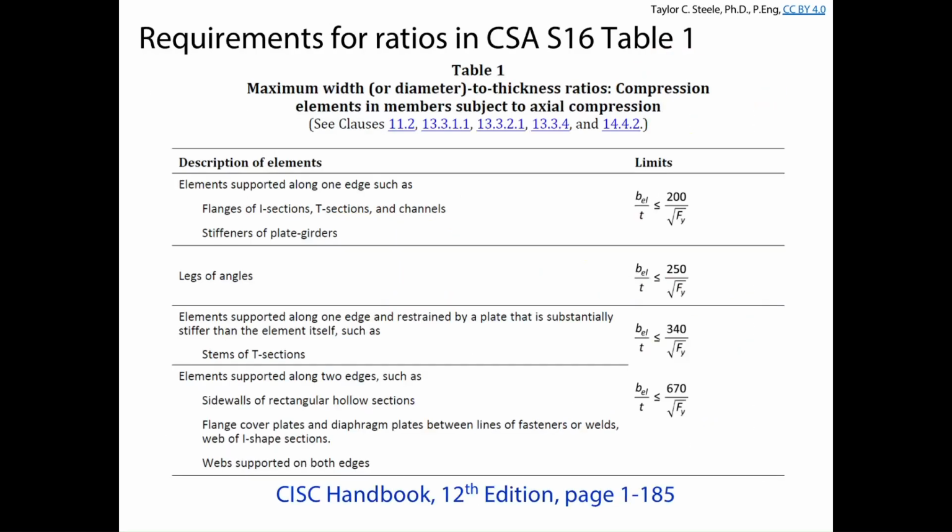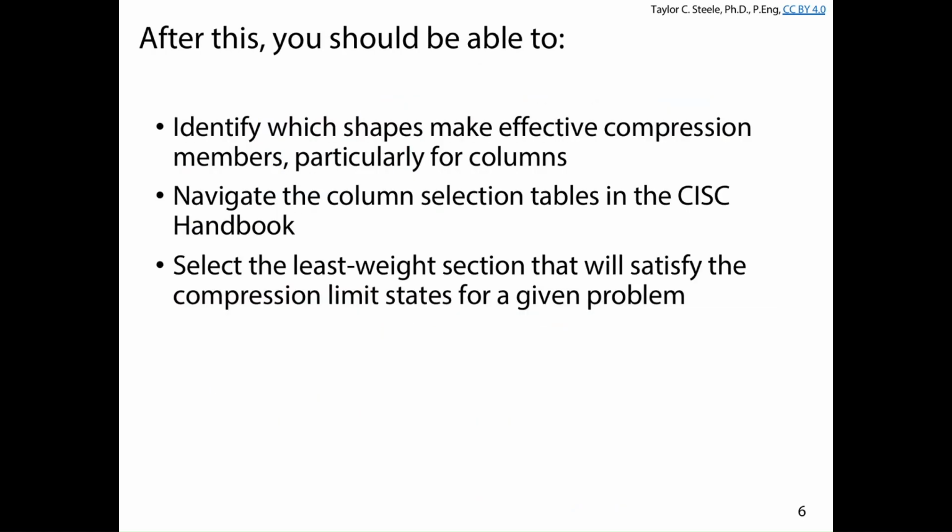The last thing we looked at were these table 1 requirements, and so for flanges of wide flange sections, webs of wide flange sections, or walls of HSS sections, we had width to thickness ratios for the plates in the cross section that had to meet certain limits. Otherwise, we had to start reducing the effective area in compression, and we talked about how to do that calculation. What we're looking at is selecting members, and so after this you should be able to